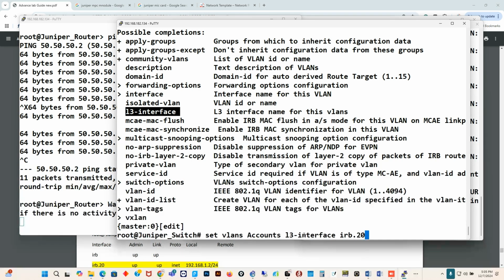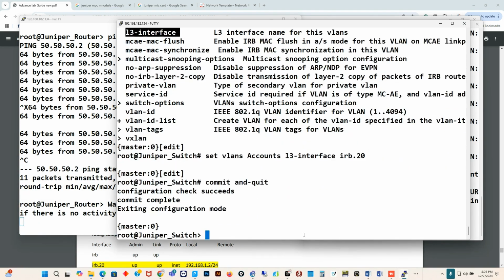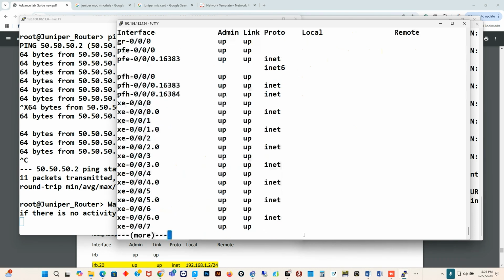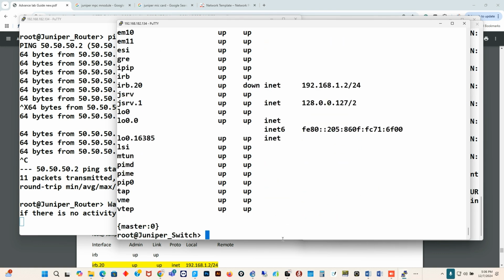So more or less like you are creating a sub interface if you are comparing it to what? To the Cisco aspect of it. So right now if you do show, let me commit first. So commit and quit. And we do show interface test. Okay, let me show you interface test before we pipe it. So now we have it here, and now if I pipe it and do show interface,